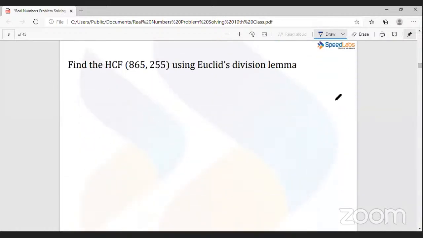So this is the next question. You have to find the HCF of 865 and 255 using Euclid's division lemma. Ma'am, Euclid's division lemma is omitted from our course. Acha, it's omitted. Okay. Then find the HCF using the prime factorization method. Is that fine? Yes, ma'am. Okay. So in place of Euclid's division lemma,